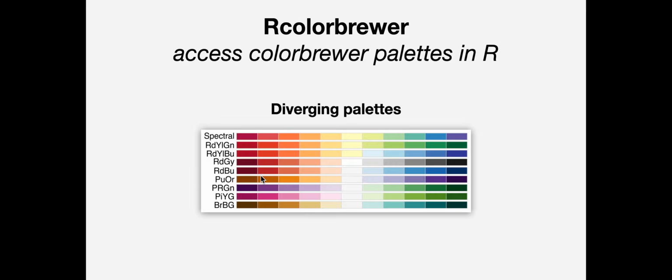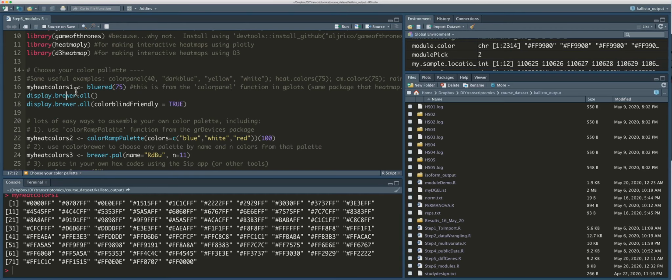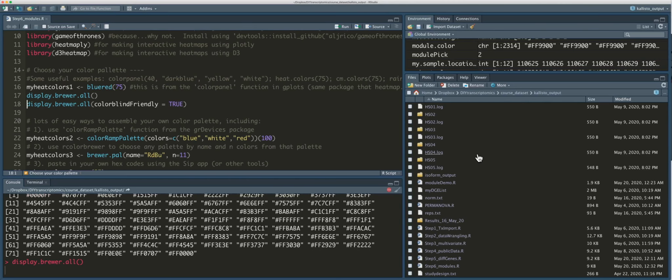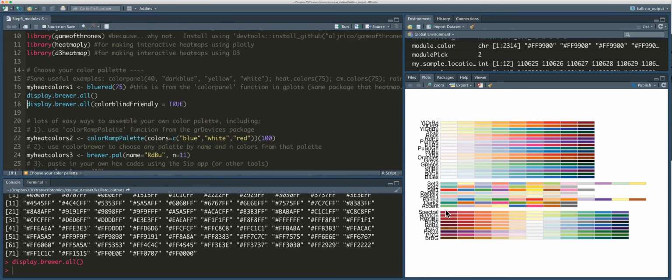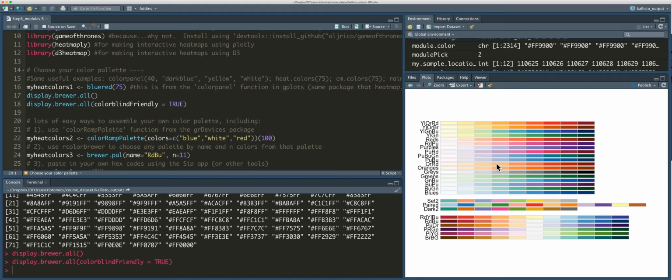All right, so if we go back to R, we can see those same palettes just by running the function display.brewer.all. And that will generate exactly the plots I just showed you directly in your plots window. And if we want only the palettes that are colorblind friendly, we can set the option colorblindFriendly equals TRUE and pass that option to this display.brewer.all function, and we get only those palettes that are colorblind friendly. Okay, so an easy way for you to pick palettes that are going to look good and play nice with different colorblind